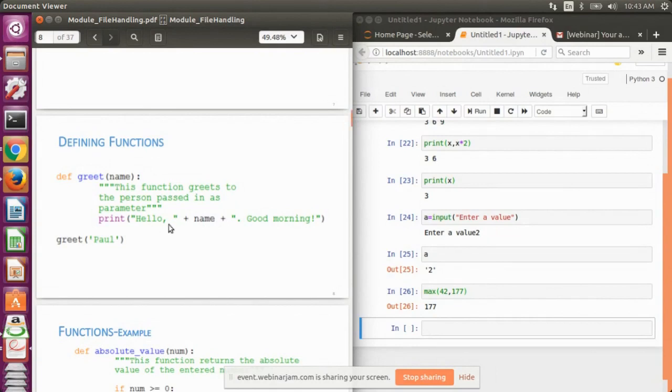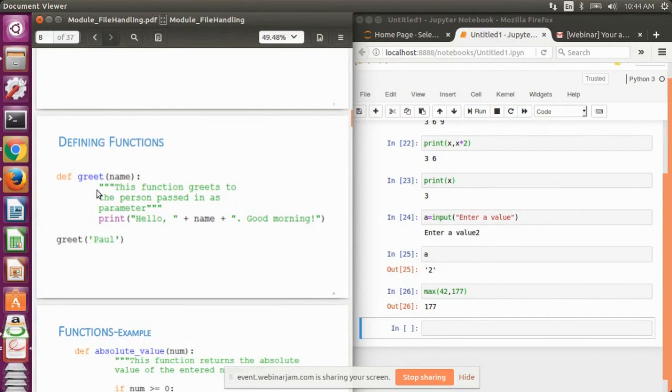So here we are applying plus between the strings, so it will concatenate those strings, and name is being passed without double quotes or single quotes. This means whatever the value of name is will be passed at this particular location.